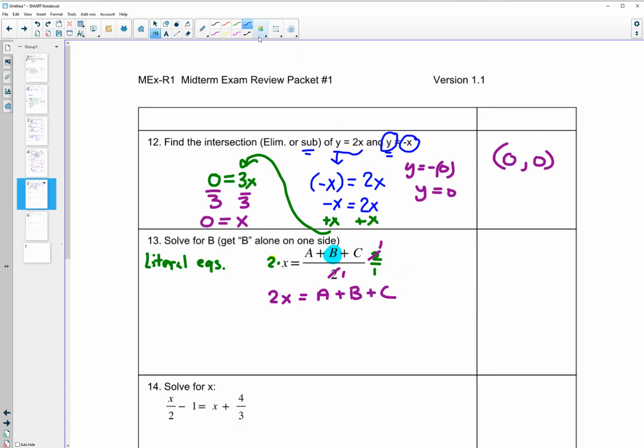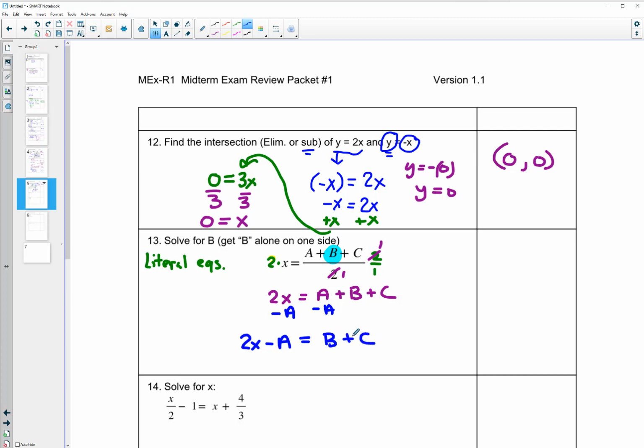Okay? Now, because b is having a c added to it, and believe it or not, it's also having an a added to it. Of course, it looks like b is being added to a, but you can think of it as b is hitting here by himself. He's got a plus c and he's got a plus a, right? So I'm going to undo that by subtracting those from both sides. I'll do one at a time. They don't mix because x and a are not the same, so I get 2x minus a equals b plus